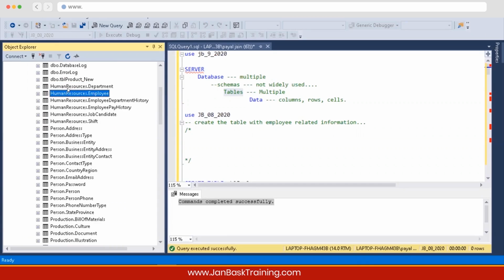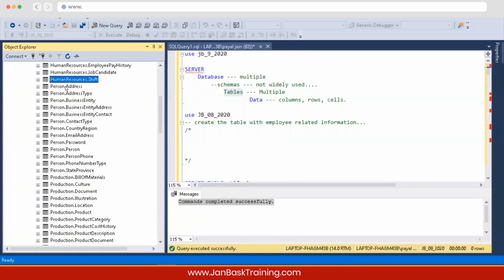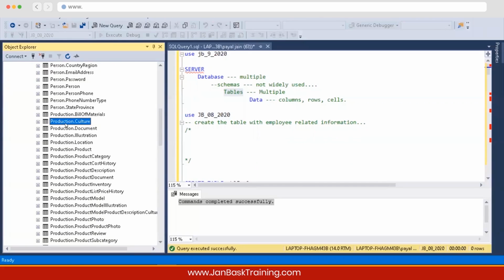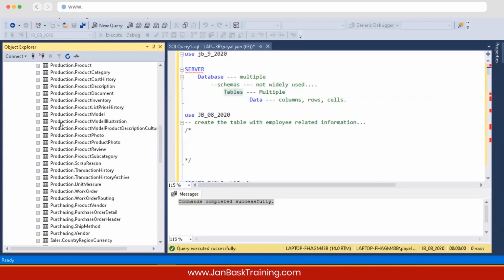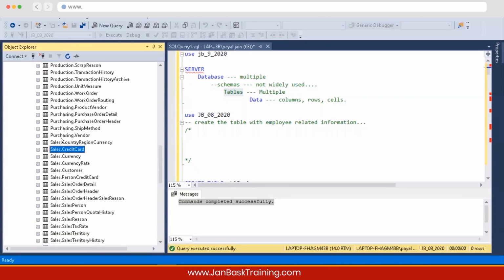HR tables are defined under a HumanResources schema, just to differentiate that all these tables hold HR-related data. Then if I go to Person, that means employee, maybe, all the person-related data has the Person schema. Production means whatever products we are developing, so we have the Production schema. For sales we have the Sales schema, and for purchasing we have the Purchasing schema. So schemas are a logical grouping of the tables,